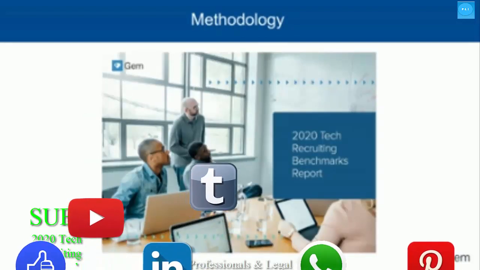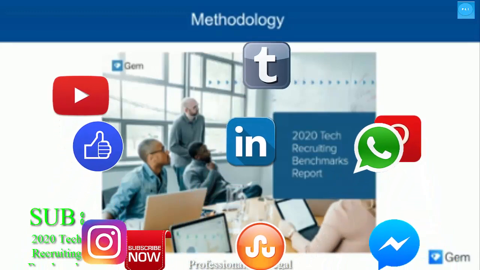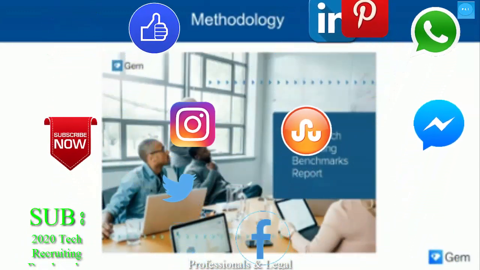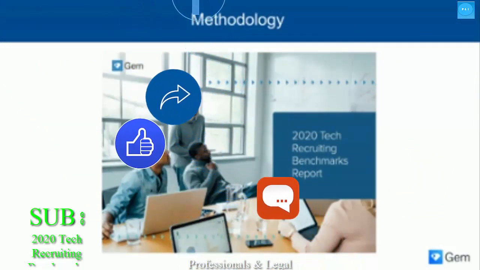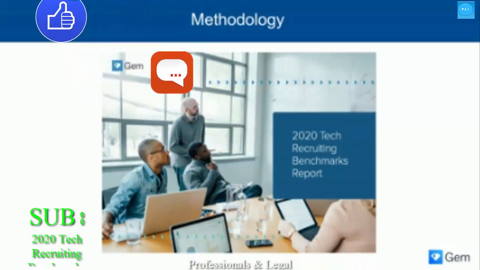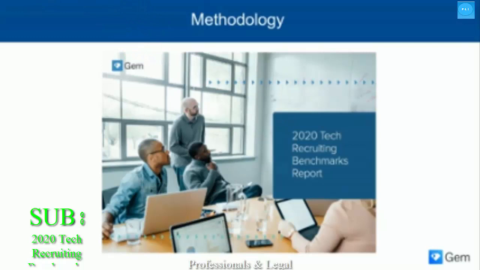GEM created our 2020 benchmarking report using data from our database of over 1 million outreach emails and nearly 600,000 candidates who entered process. If you're not familiar with GEM, it's a sourcing tool and recruitment CRM that over 300 top companies like Slack, Dropbox, and Robinhood are using to engage and nurture passive talent. GEM integrates with all the major applicant tracking systems and enables recruiting teams to better track their source of hires and quantify their sourcing efforts. I'll cover some of the findings from our 2020 Tech Benchmarks report, but be sure to take a deeper dive into the report after the webinar.